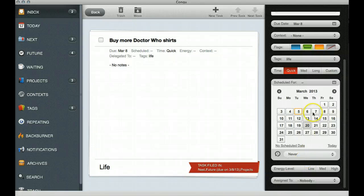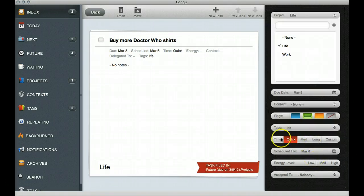So it does have due date and scheduled for, which I think is an interesting idea because you could schedule it for one day, especially if you were sharing it with other people. You could set it up as, okay, I'm scheduling it for Wednesday, but Friday is the day that it really needs to absolutely get done by. But I think it's interesting because not only can you tag things and flag them with these color-coded things here, but you can also select how long it's going to take you and the energy level that it will take you. And then you can assign it to people,